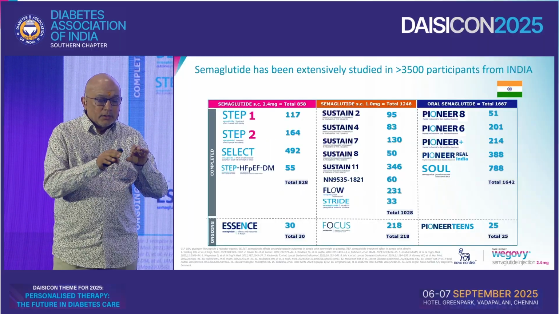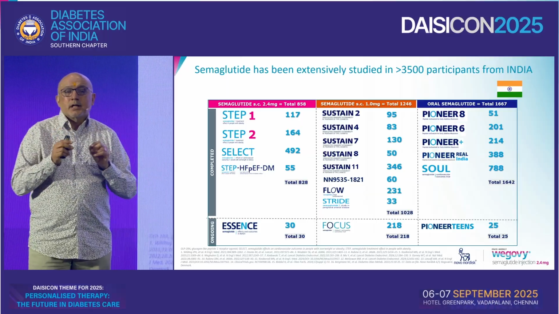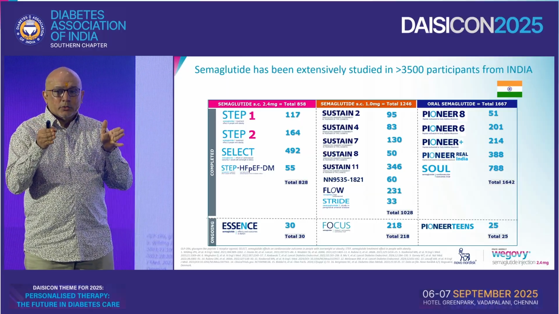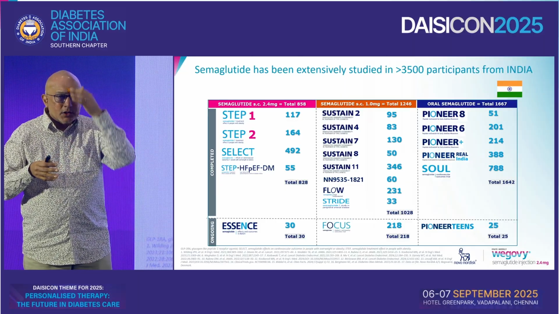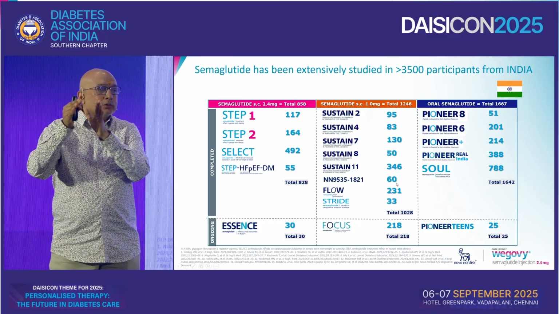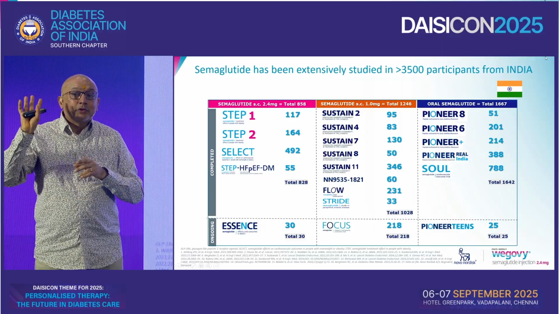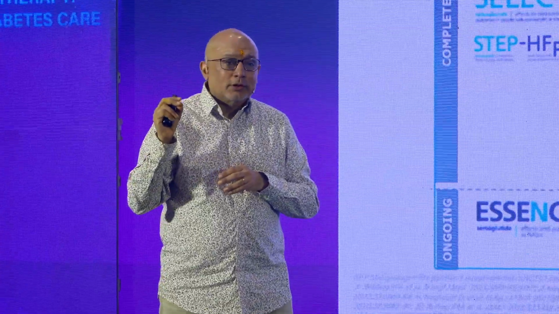In addition to this, if you look at this point, this is the ESSENCE trial. The ESSENCE trial is a very interesting trial because the interim analysis shows that for the first time, other than the THR-beta receptor agonist, you have a drug that seems to reduce fibrosis of the liver. So the F4 data has still not been released, but when you have F3 fibrosis, Dr. Mohan was talking about ABCD, I think we should add an E and an F, the E being the eGFR, but the F being the FIB-4 score. So it does reduce fibrosis, and for the first time we have data of reduction of fibrosis in MASLD.